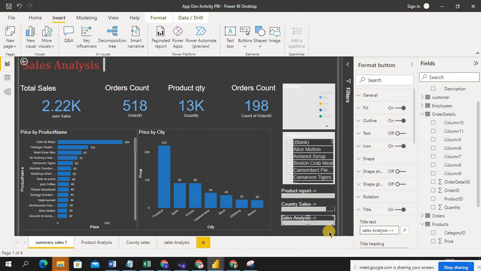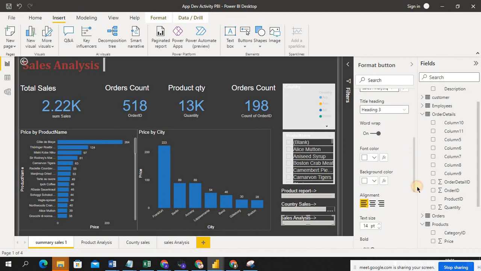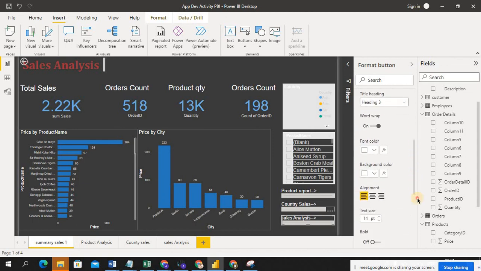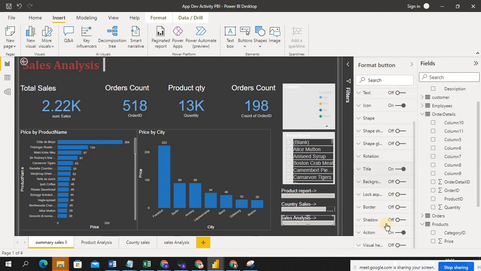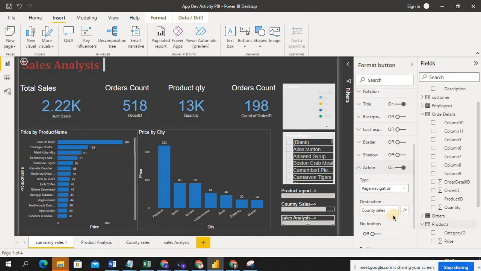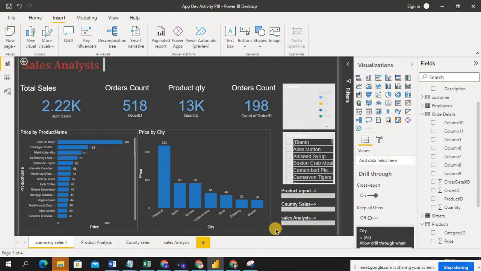Now the action also I have to give, right? So if I click on this button, I have to select the action, which tab it is, sales analysis, right? So I have to select sales analysis. Okay, just click here.